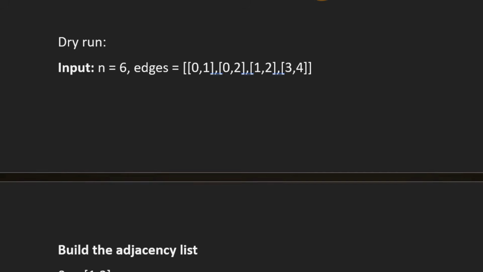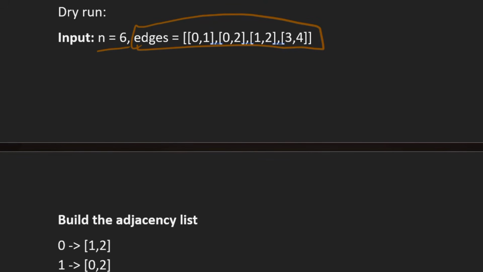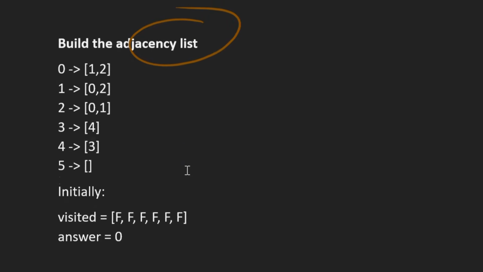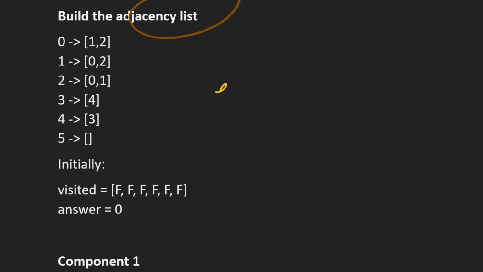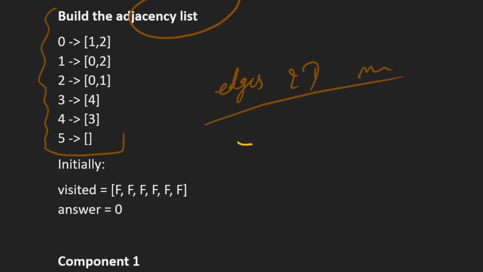Here in this example we have n is equal to 6, and this is a 2D matrix. So first of all, the first step that we do is we build the adjacency list from the edges. So we have built the adjacency list using the 2D matrix. And then once we build the adjacency list, our steps will be to find the connected components